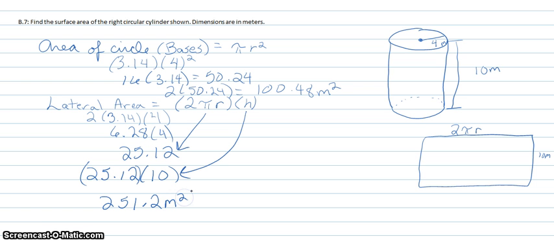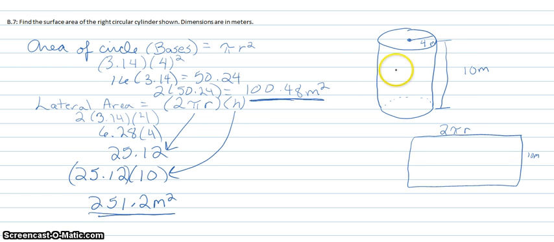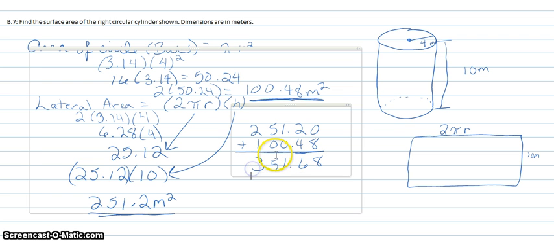Now we're not done yet. We have to add this area here, that was the top and the bottom, and this area here, which is the area of the side. So we're going to have 251.2 plus 100.48. 351